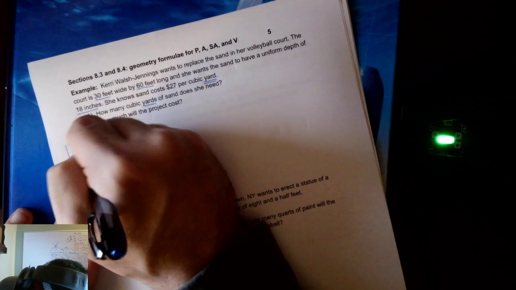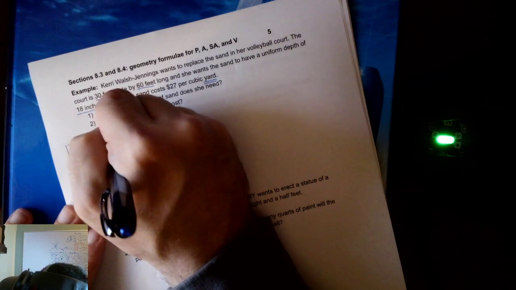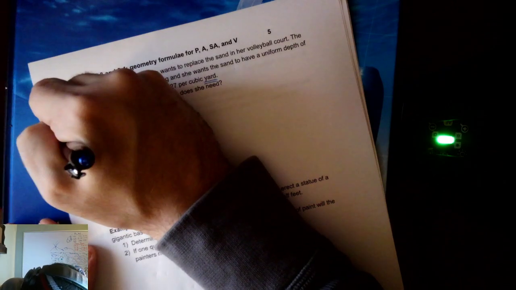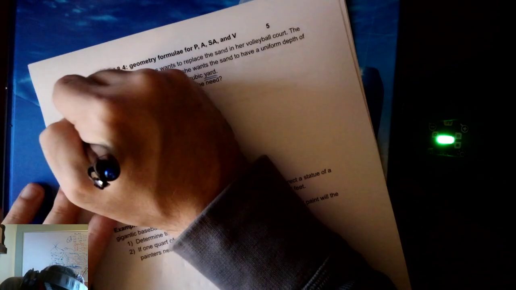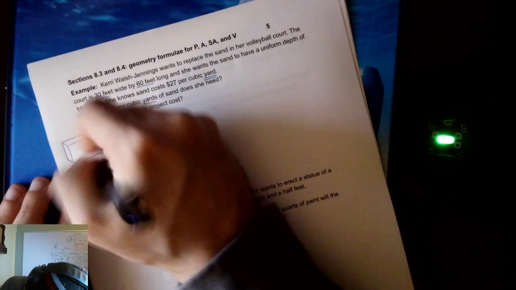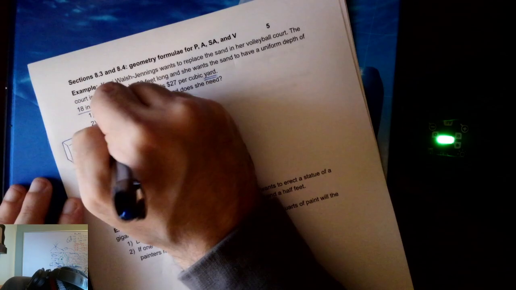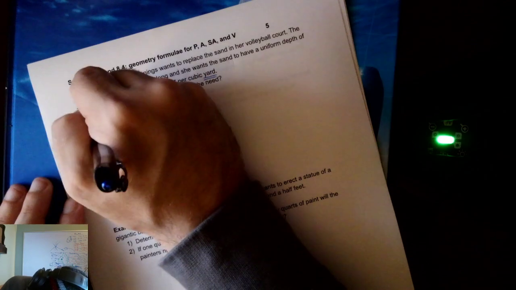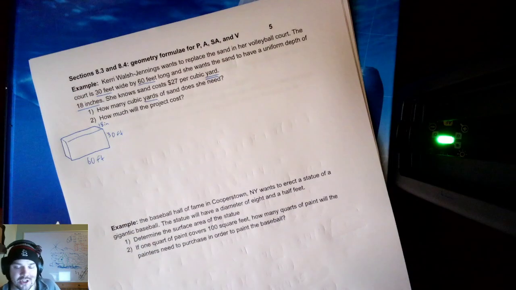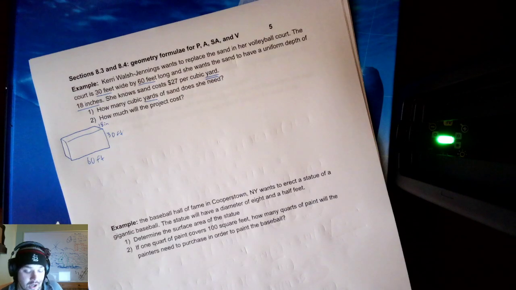And we said it was 60 by 30, and then the height would be 18, if I wanted to add the third dimension. And I need to be careful because these were feet, and then the height was 18 inches. So I need to convert all of these numbers into